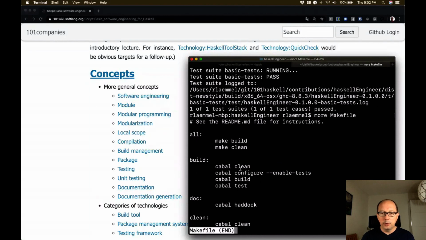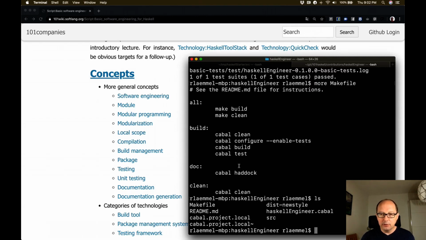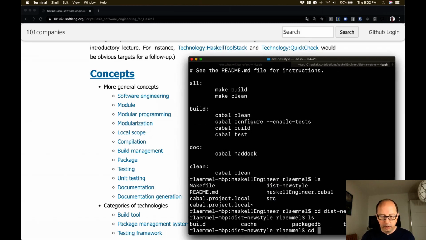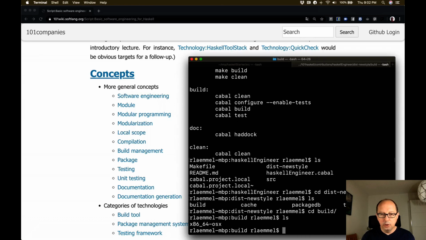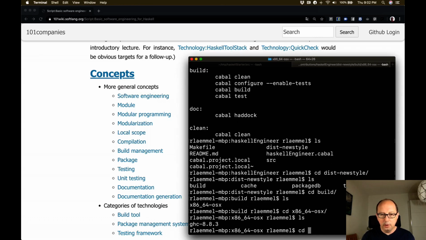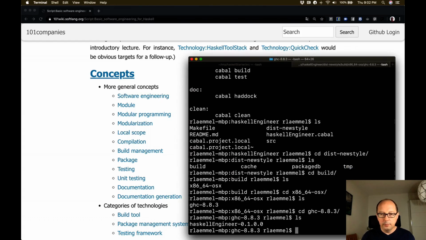So we were cleaning some stuff, we were configuring it in a certain way because we want to run tests eventually. We build the package and we test it. And if you look around here, we now suddenly have this new directory, this new style. Okay, there's a build directory, build, there's something in here, base for something built for this particular version, and here we have